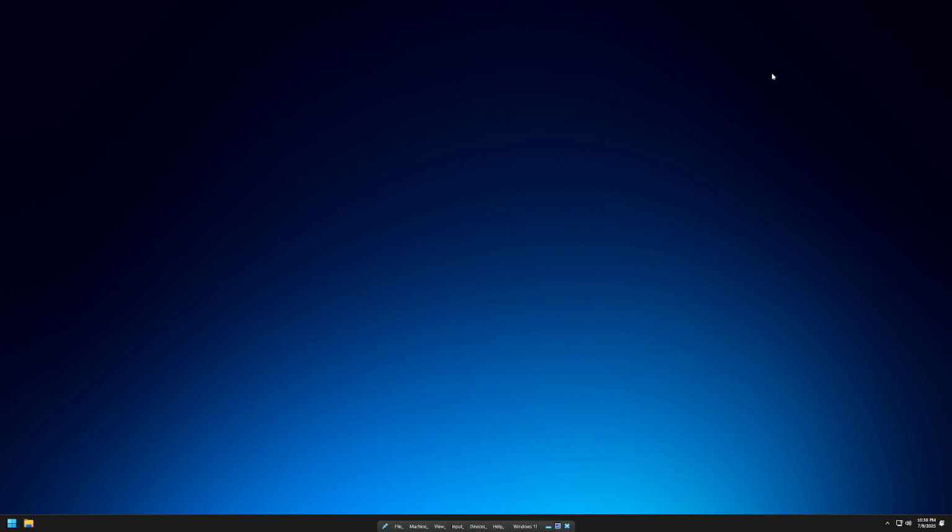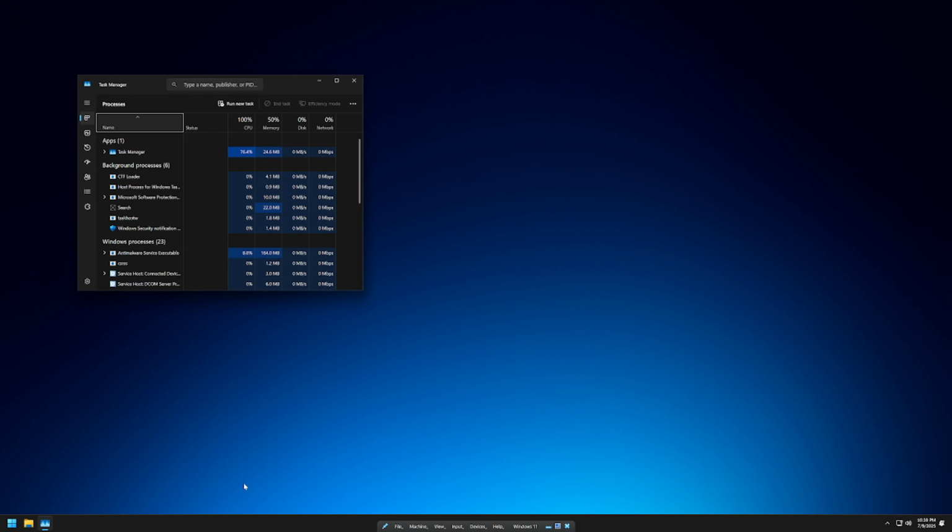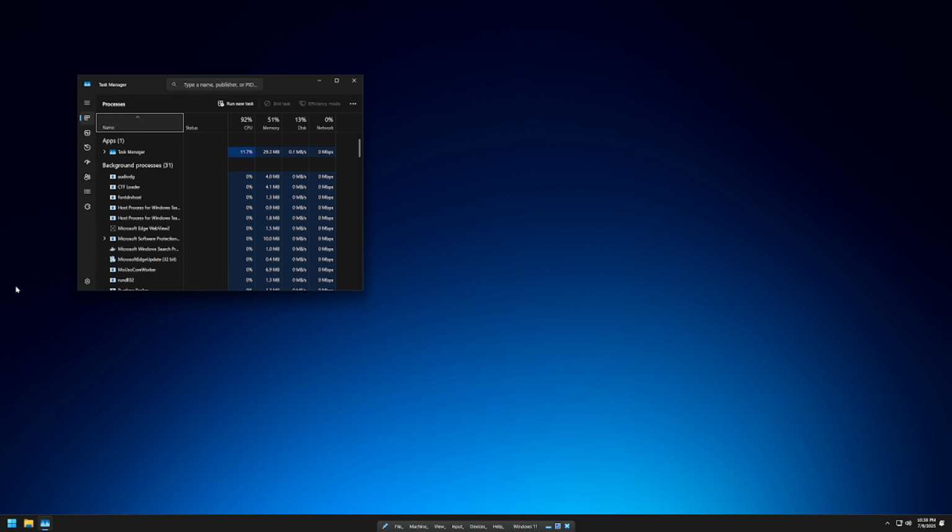So I'm trying to really iron that out and see what I can do to remove it on all versions. I don't know why it's not working, but I've tested it on multiple devices and it's like 50-50 with me. But the cool thing is here, if you go to Task Manager and you go to Background Processes,